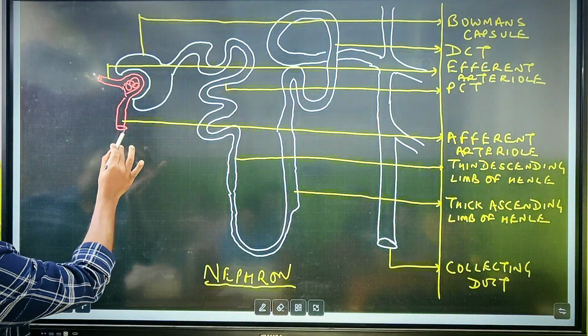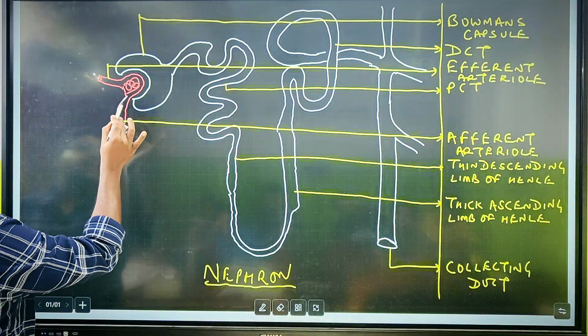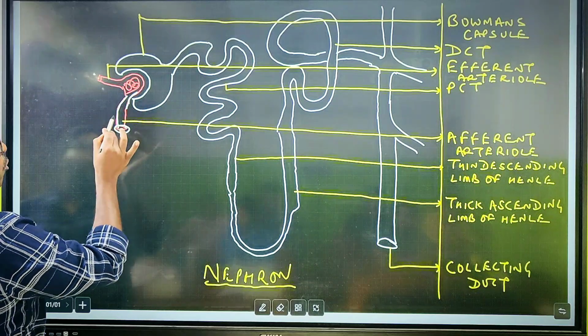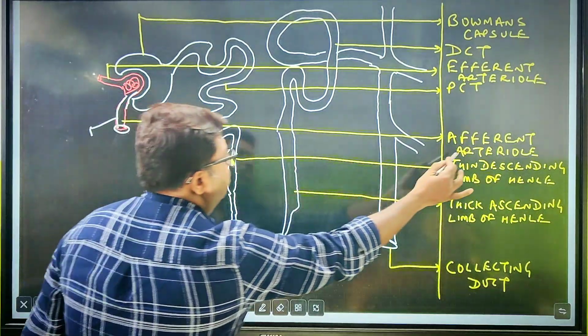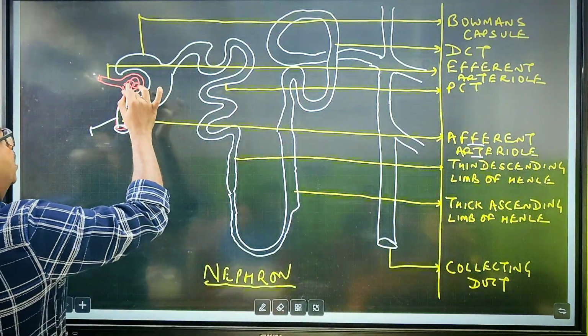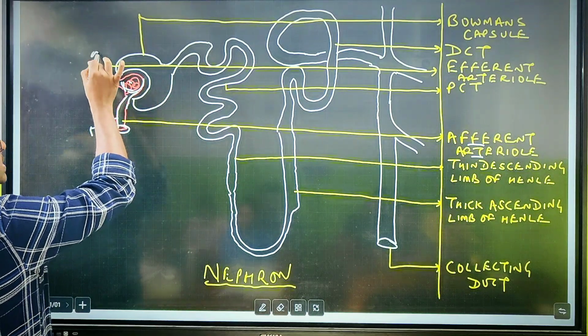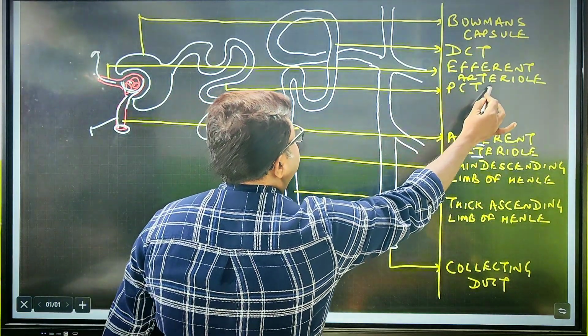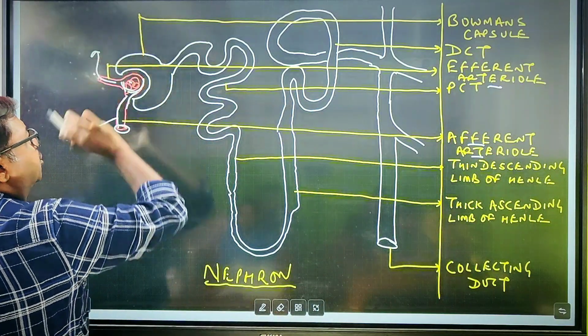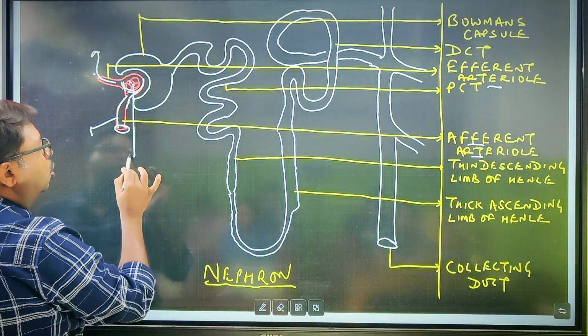The arteriole which gets inside the Bowman's capsule, वो आर्टरी को क्या कहेंगे हम? एफरेंट आर्टेरियोल. और यहाँ पे ये क्या है? ग्लोमेरुलस, जहां पे इन दोनों का यूनियन होता है और क्या निकल आता है? इफरेंट आर्टेरियोल कम्स आउट. So ये था glomerulus,